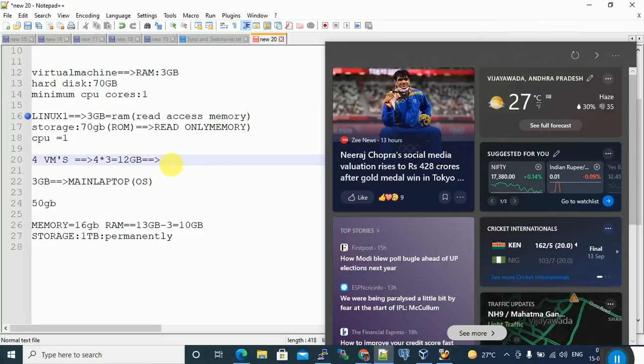In mobile also, suppose a mobile has 2 GB RAM, that device will be very slow. If you buy a new mobile with 4 GB or 6 GB RAM, that mobile will feel very fast. You can access any application easily without slowness. Yes or no?